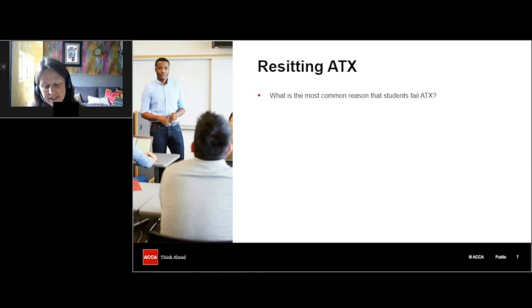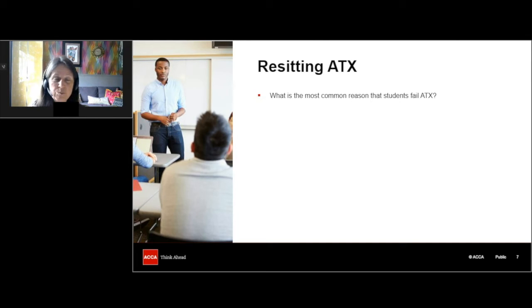The other thing that might cause failure is a lack of knowledge. It is a very technical exam, and you do need to have the technical knowledge. Other reasons, poor exam technique, things like not answering the requirement. So often you look at a requirement and you see what you would like to see, but you've got to answer the question that's actually being set. So if you don't answer that specific requirement, then you might not score the marks.